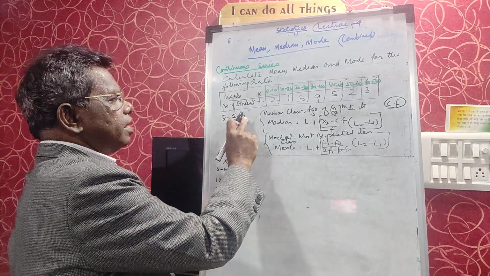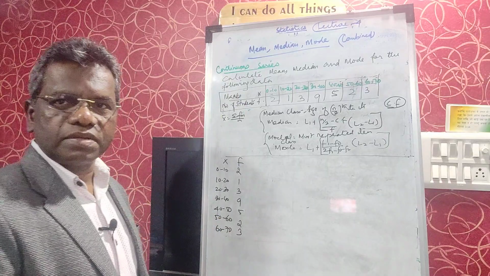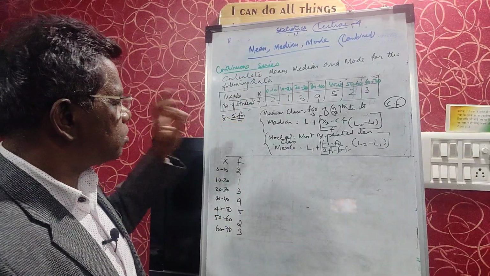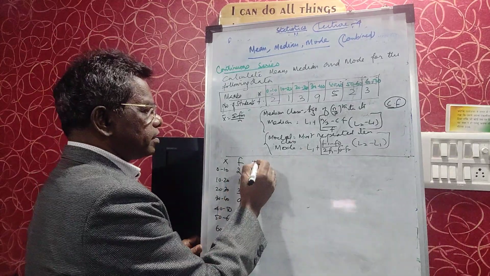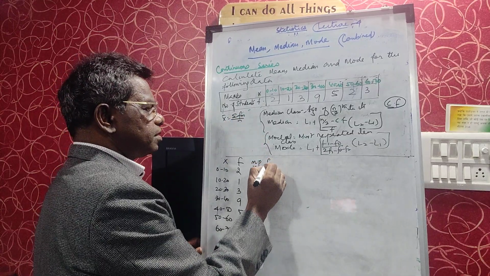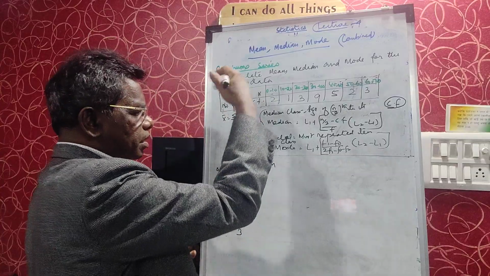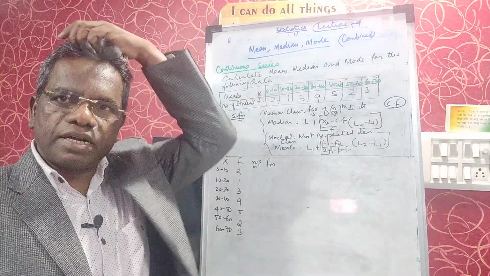First step is you want the arithmetic mean. One by one, what are the columns required? For arithmetic mean we need sigma fm upon n. So m is required, that is the midpoint. Then you need fm. Then you need sigma fm, so the total. So the arithmetic mean columns are ready.